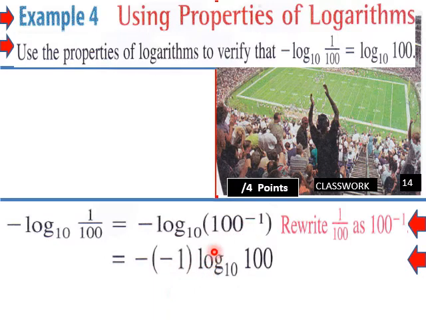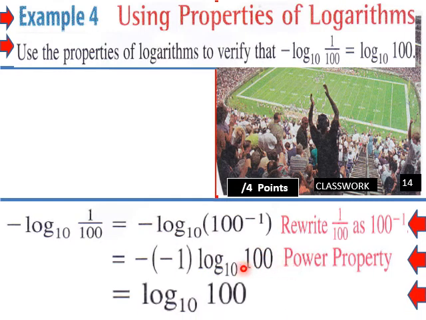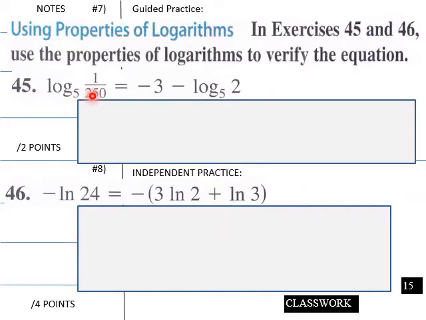And then once we do that, we're going to move this exponent out in front. So the negative of negative 1, we're going to use the power property now of logs. When you multiply negative 1 times the negative, you get 1 times log base 10 of 100. So we simplified that by using the power property there. Okay, let's go into a guided practice. Use properties of logs. So we have log base 5 of 1 over 250